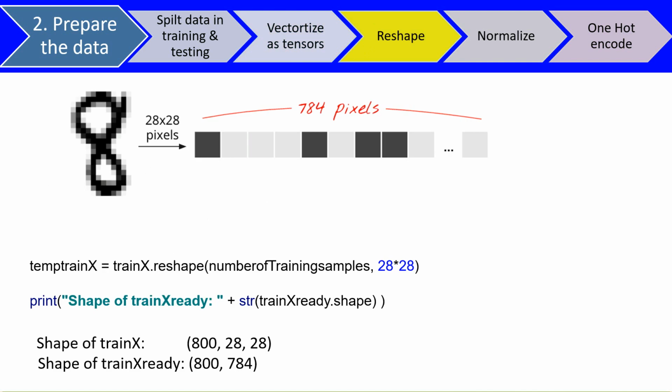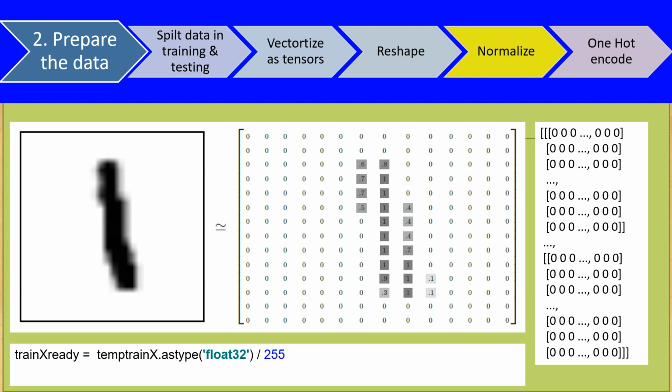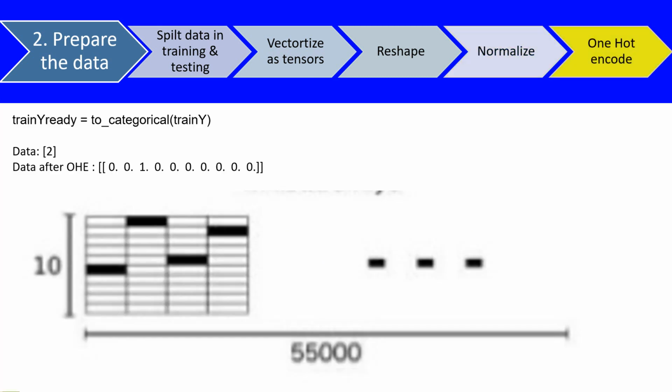Based on the type of the architecture that we use for the neural network, we need to shape the input data. As a general BKM, a best known method is to normalize the data. Also, the labels have to be one-hot encoded.